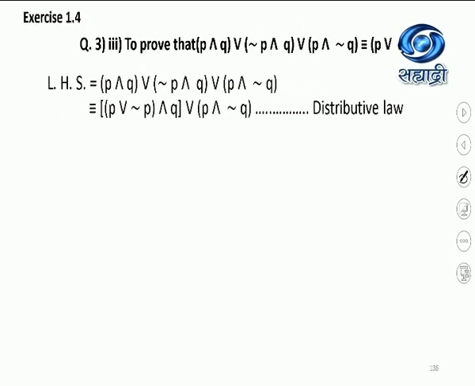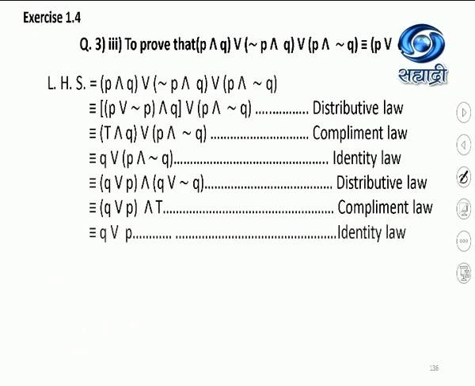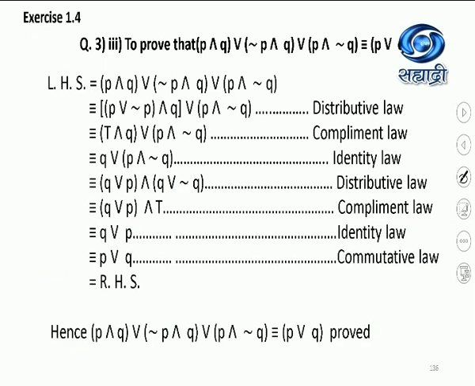Now quickly go through the next example. All the steps are in front of you. Let's go quickly. I use between the two the distributive law. Here the second bracket I keep as it is. P or negation P gives me T. T and Q gives me Q as the identity law. Then I again use the distributive law over here. For these two brackets, Q or P and negation Q is Q or P and Q or negation Q. Q or negation Q is T. T and the bracket is Q or P. And using the commutative law, it is P or Q, which is RHS.